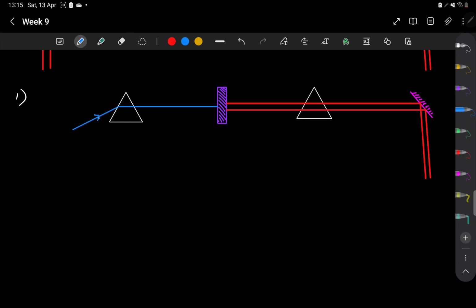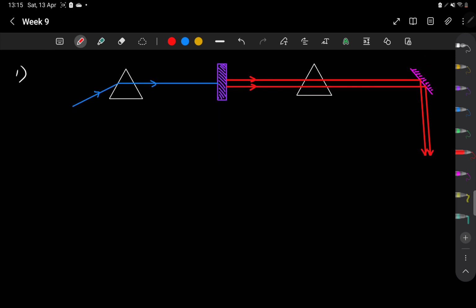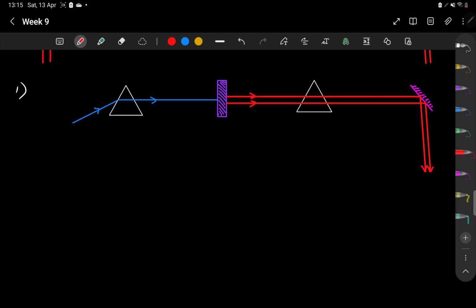So the pump field is coming, gets deflected by the prism, gets down converted over here, and then finally gets reflected by the mirror to this port. The other alternative,